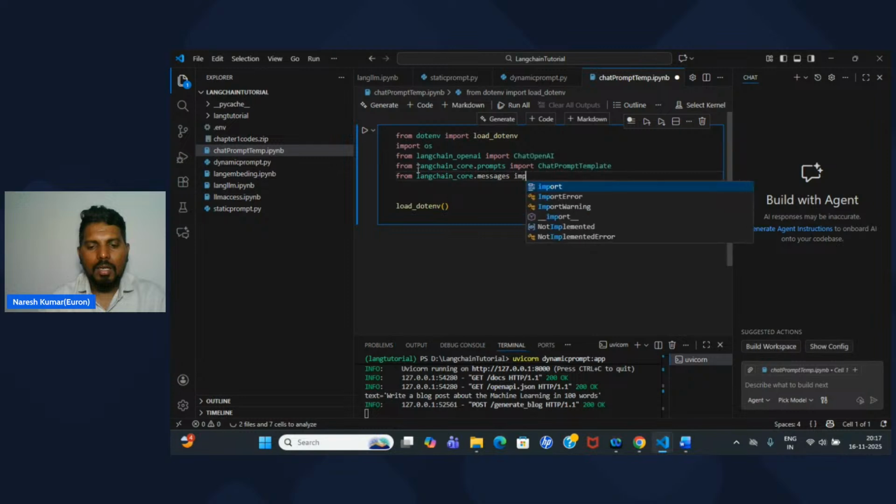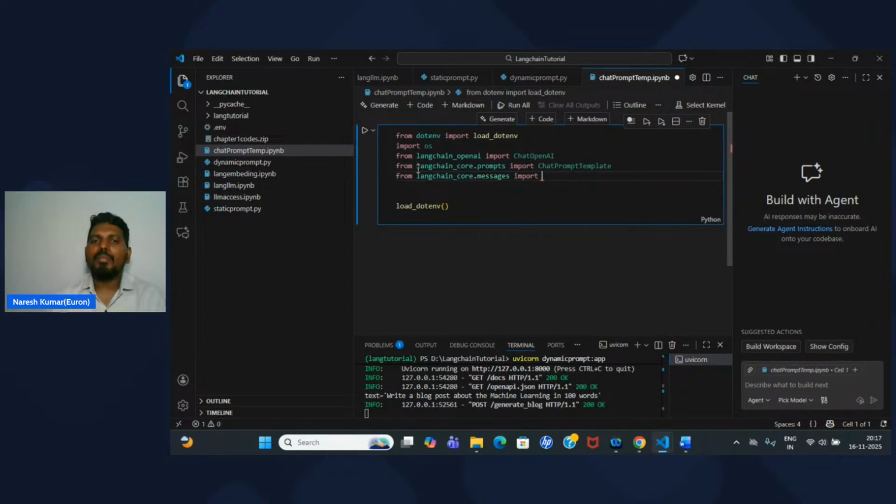Three kinds of messages are available in the Langchain ecosystem. One is human message, another one is AI message, and another one is system message. Human message, there is no doubt, it is very clear. Whatever input we are taking from the user is called a human message. So this is the straight definition for the human message. And what is AI message? AI message is also simple. Whatever response we get from the LLM or any model, that response we will call it an AI